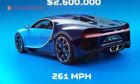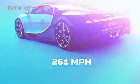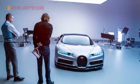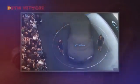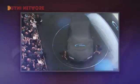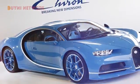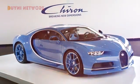million and boasts a top speed of 261 miles per hour. As you'd expect, the press release for the Chiron is as unsubtle as the car itself, which is wholly appropriate. Press releases for regular cars tend to be overly positive missives, grabbing at all available firsts, superlatives, and best-in-class features. For the Chiron, this posturing is taken to new levels, and Bugatti layers its braggadocio thicker than Donald Trump in